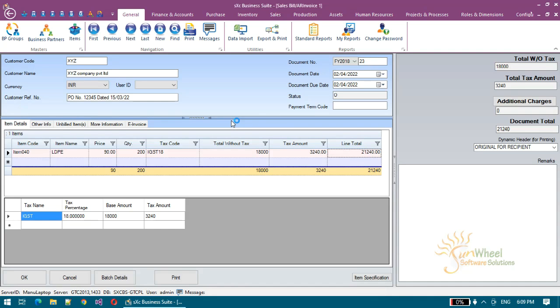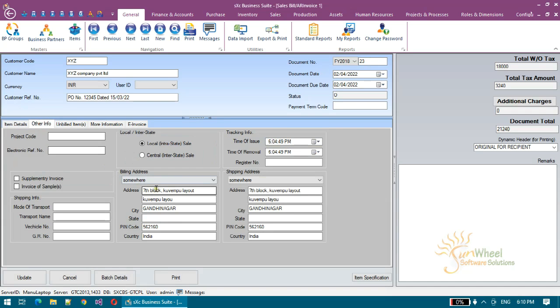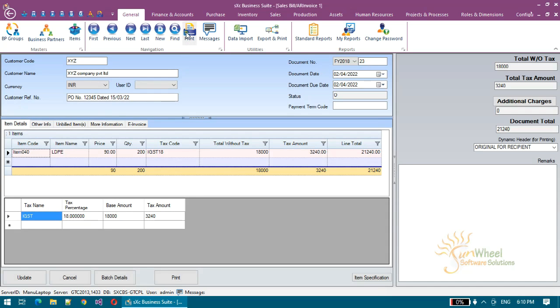Hello, in this video, we are going to see how simple and easy it is to generate e-invoice in SXC Business Suite. First, we make our invoice as usual. You just have to make sure that the address and other relevant information is already there in the master data